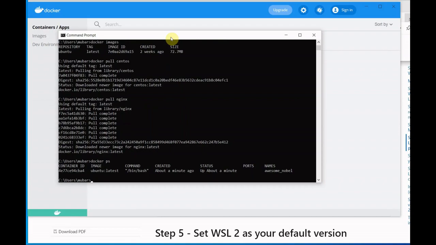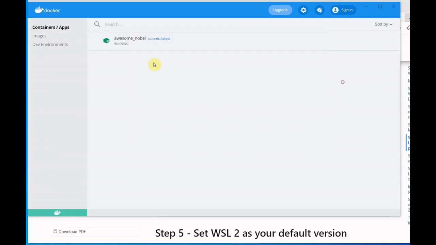So here we have one container, this is the container ID, and the image is the Ubuntu image. From Ubuntu this container has been created, and all details like what command we are using and when it was created.